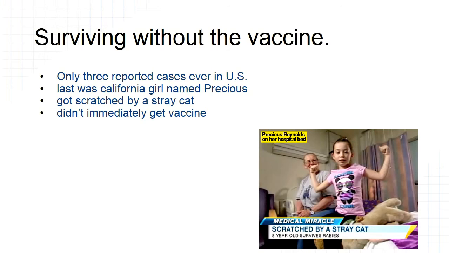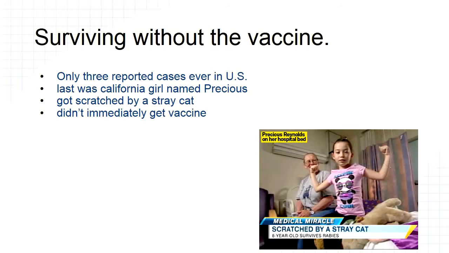So she contracted rabies from a feral cat while playing at recess one day at school. She was scratched and they didn't think much of it, so she never received the vaccine. So she was just scratched by a cat. And the family is not sure exactly when this happened, but soon after she started to feel sick to her stomach. She was really sick, and immediately after that she had paralysis. So she was paralyzed. She had pain in her neck and back, couldn't swallow, wasn't able to stand up, and she was eventually flown to the hospital where she developed encephalitis.